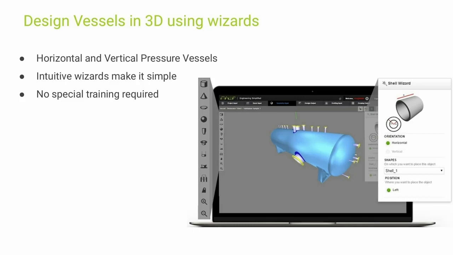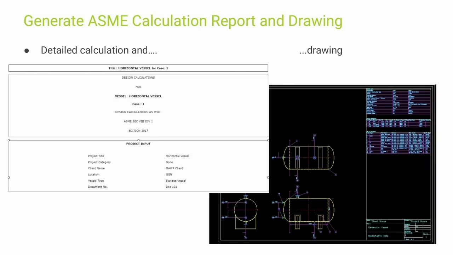Detailed ASME Section 8 design calculation reports can be generated from the software. 2D drawings are also generated by the software with three views of the vessels, detailed views of parts, and all the standard engineering output tables like design data, nozzle schedule, material of construction table, bill of material, and notes.